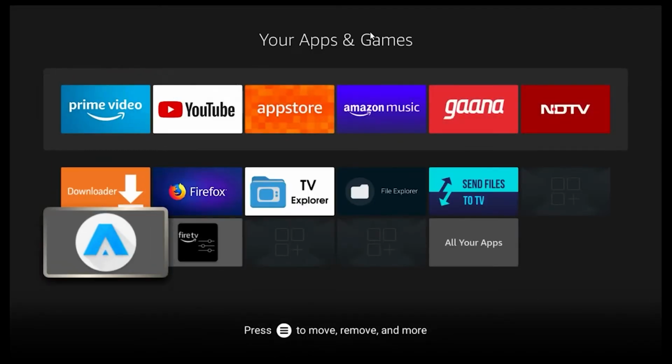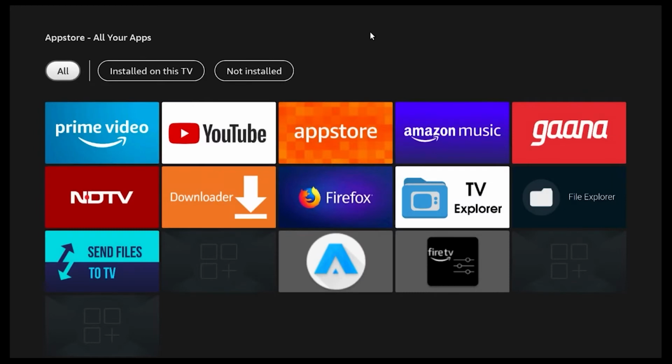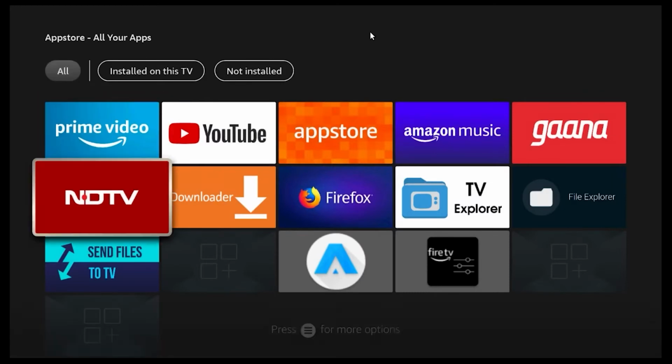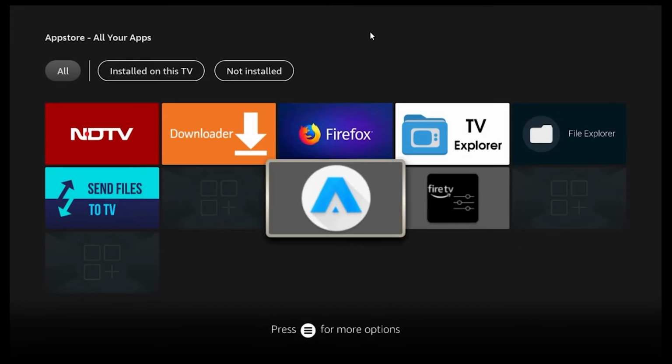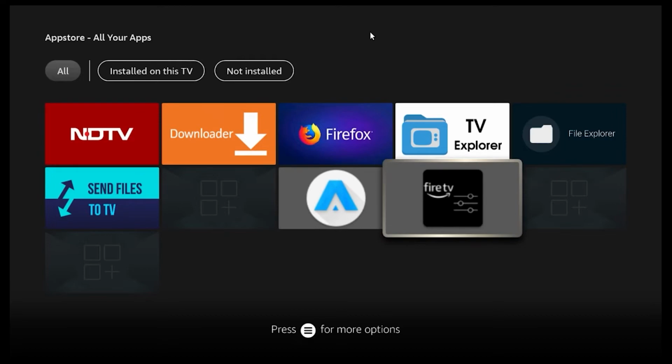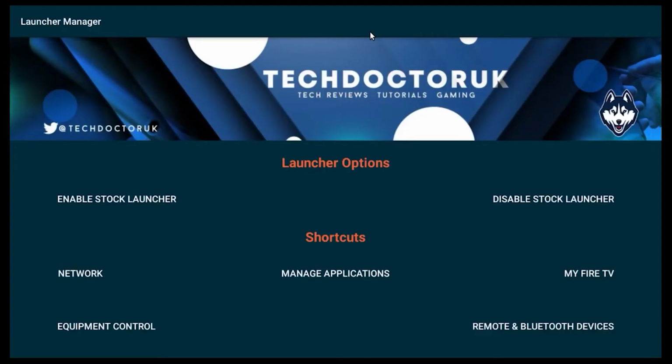So after that, go to all apps and here you will find a Fire TV or Fire TV black icon. When you click on this, it will open up a settings pop-up: enable or disable stock launcher. This kind of setting will be popping up. So all the launchers will be there and the settings will be there. Now you have to enable or disable the stock launcher.